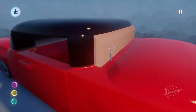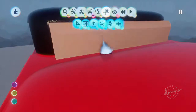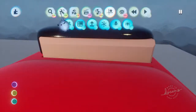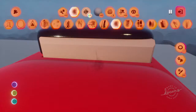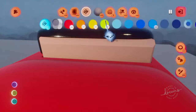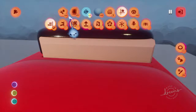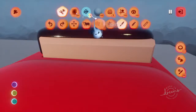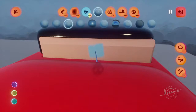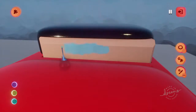Alright, so what we are trying to achieve, anyway, is if we take off, let's see, if we go to paint mode, and then surface snap. The color is going to be kind of blue, and we want shiny like that, but we need to have, so I don't know if I want to go draw or